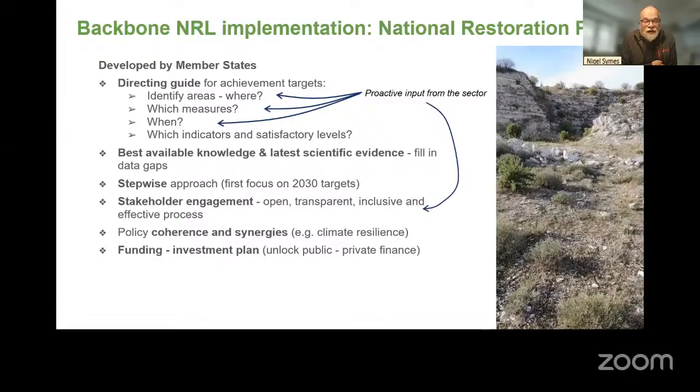So again, looking at what was covered by the previous speaker, and the role of the member states in their development of the national restoration plans, but also where you as a sector fit in. And I'm hoping that through this you'll start to see that this is a positive for the industry. This is an opportunity for